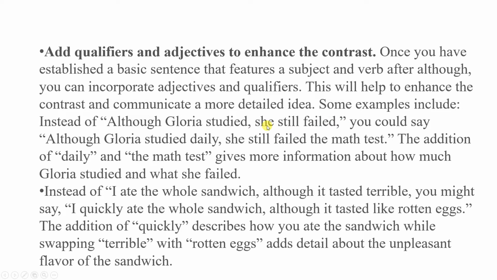Okay. So here you have changed the format. She still failed. You could say, although Gloria studied daily, she still failed the maths test. So here you can add an adjective and add a qualifier. Okay. That means in which particular test did she fail? Maths test. And quantity, here you are showing the amount of her study, that means daily she